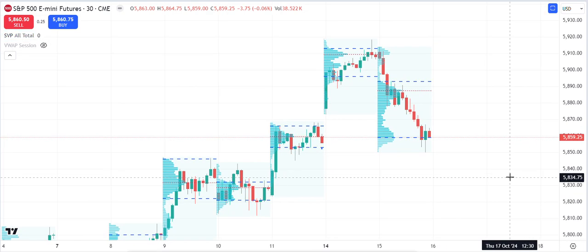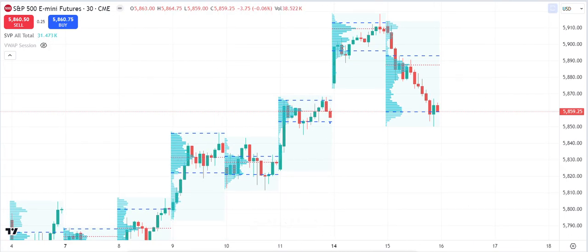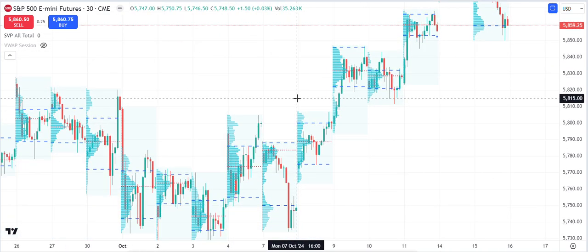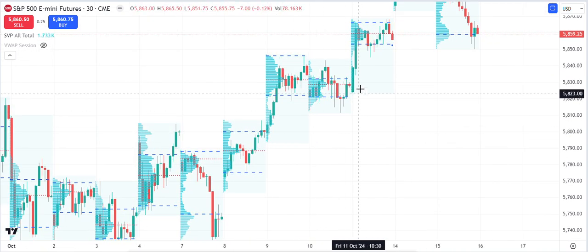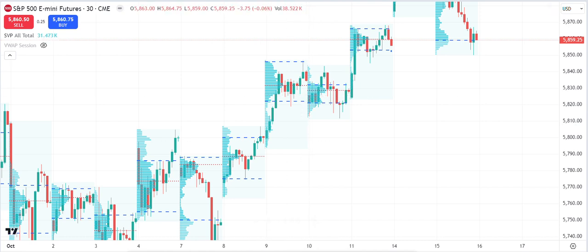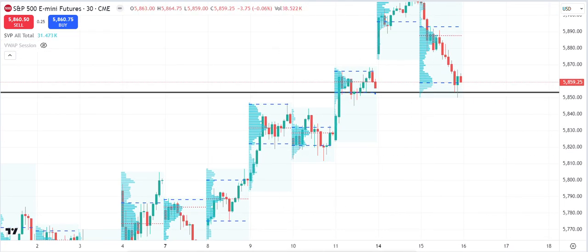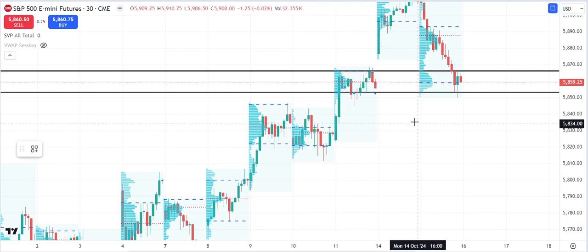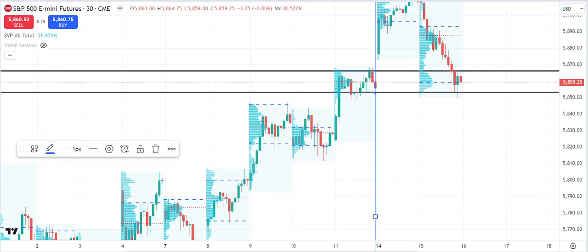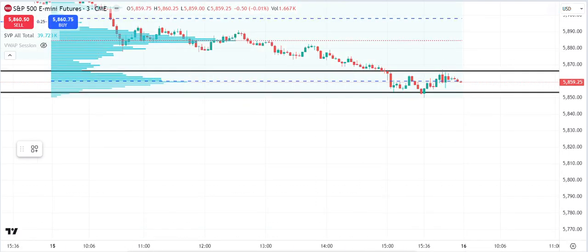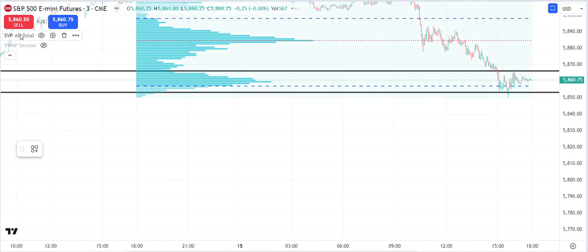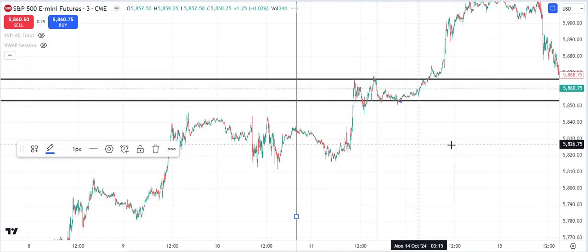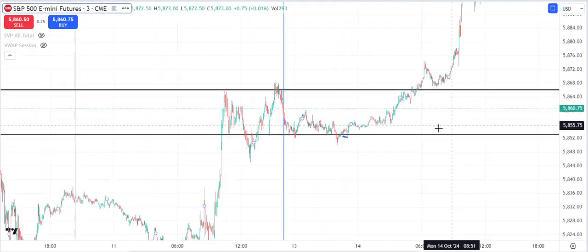Now I'm going to show you something actually really interesting. I'm going to say this day. I'm going to mark value area low, value area high, and we're looking at Monday's trading now because that's Friday. And we'll go into a 3-minute chart and change it to electronic trading hours. Remove, and you'll see that these areas,